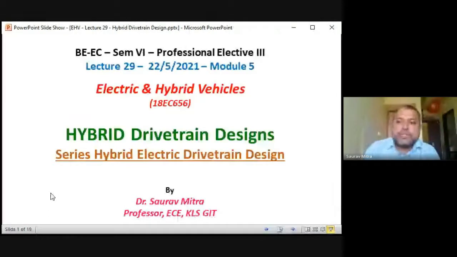Good morning, all. So let us start with module number five, that is hybrid drivetrain design. And in this case, we will be building on whatever we have studied in module four. It is an extension of that, and we are going to see hybrid drivetrain design for series and for parallel in detail. And there will be cases here with direct design, that is how to design the train, how to design the engine, how to design the motors, and all those things. So a little bit of numerical and design considerations will be there.